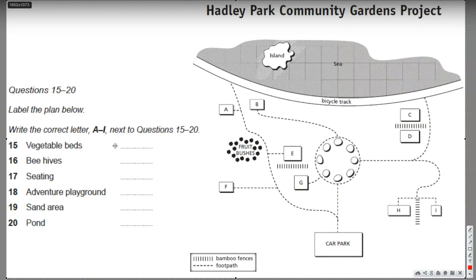Look again at the circle of trees in the middle of the plan and the footpath that goes around them. On the right side of that circle, you can see that the footpath goes off in an easterly direction, heading towards the right-hand side of the plan. And then the path splits into two, and you can either go up or down. You want the path that heads down.